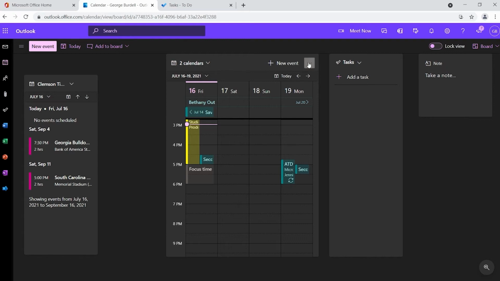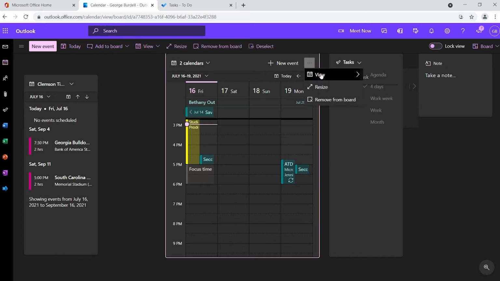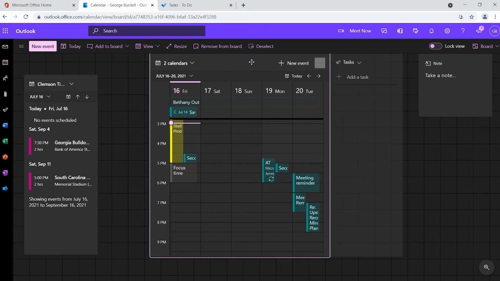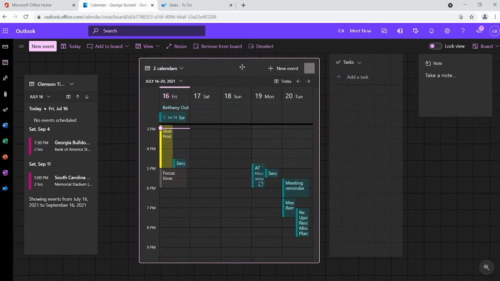So let's take our two calendars here. If I choose the three-dot menu, I can choose View. And let's say I want to change this to a 5-day view. I can do that. Notice it got a little bigger now. It's overlapping my tasks, so I'll probably want to drag that over to the left a little bit, make more